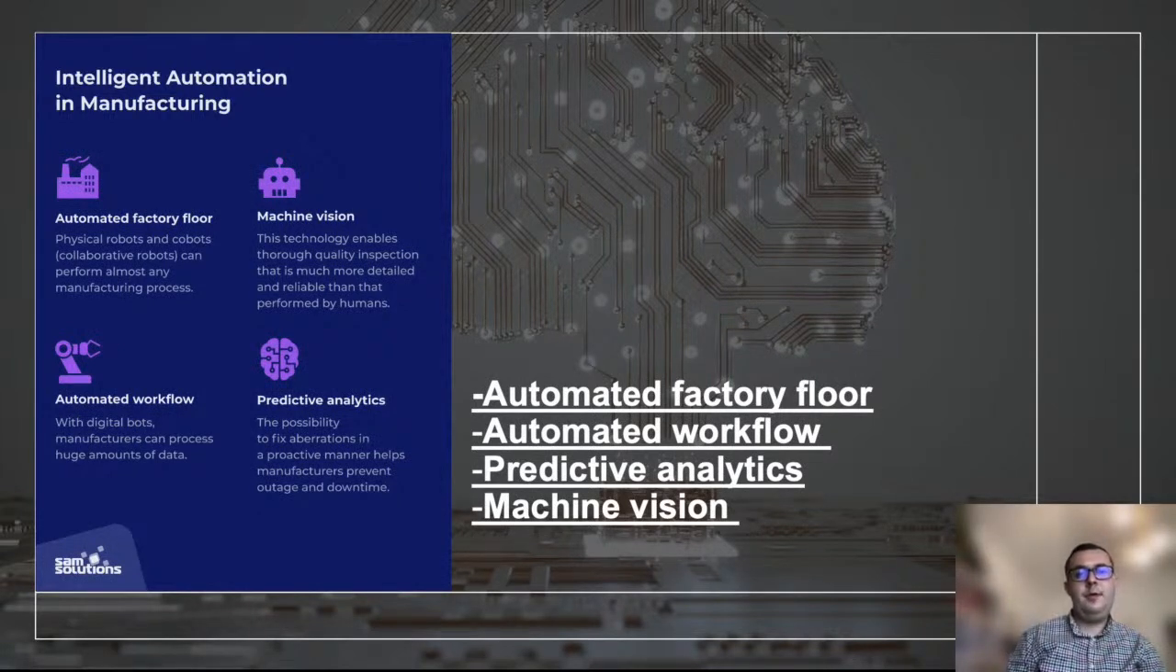Here we have a recap of the intelligent automation in manufacturing. And here we have some words or explanations related to automated factory floor. Lights out manufacturing is a manufacturing philosophy that does not rely on human labor. And facilities that employ lights out manufacturing are known as dark factories in a